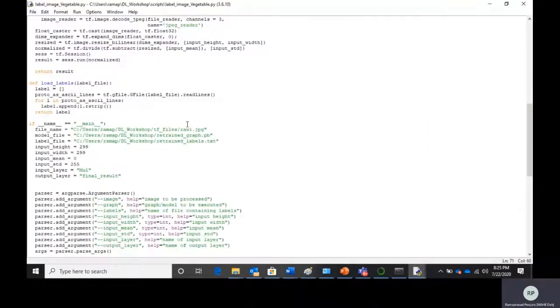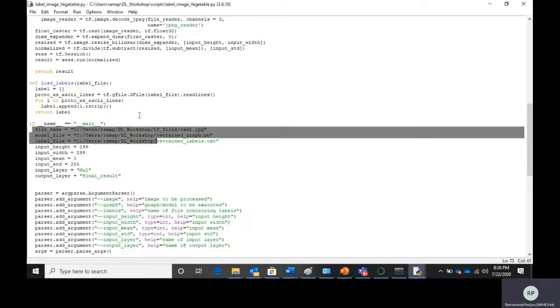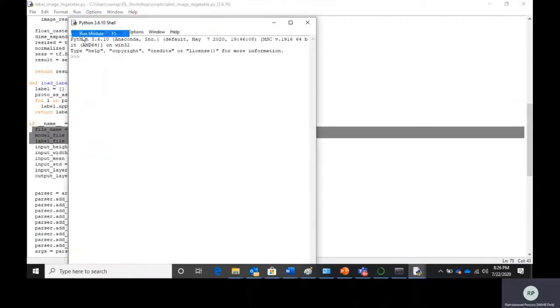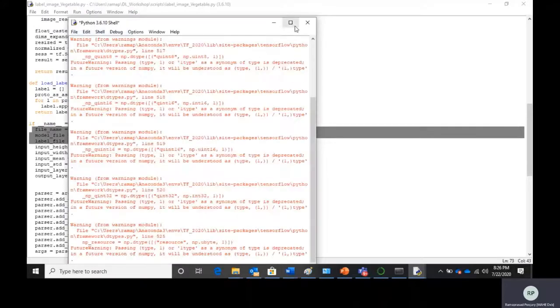That is the path for the test image, and similarly this is the path for the model file, which is under the DL workshop folder, and then the label file or the text file. So this is the path you will have to set. Then you can execute this Python file.